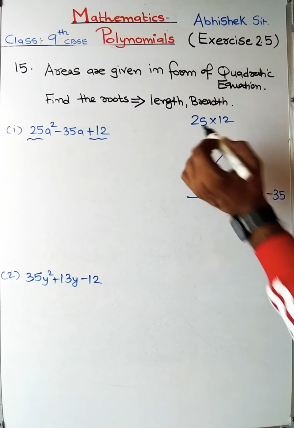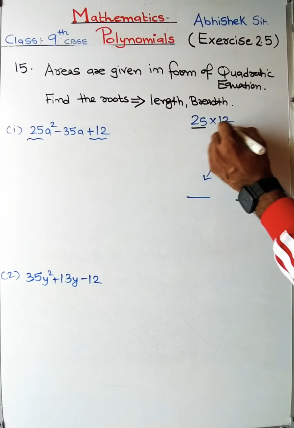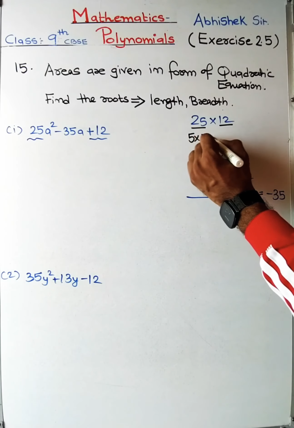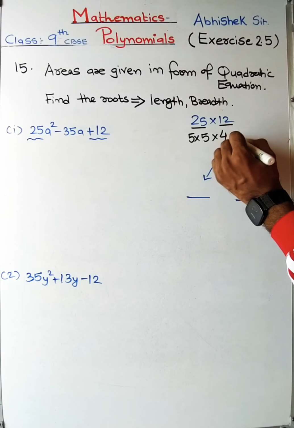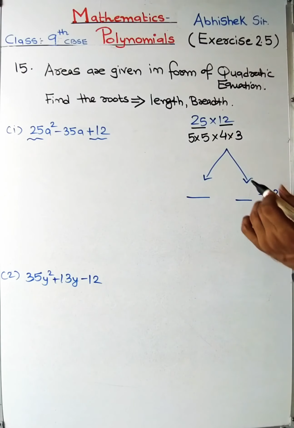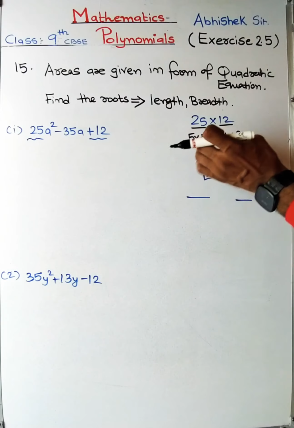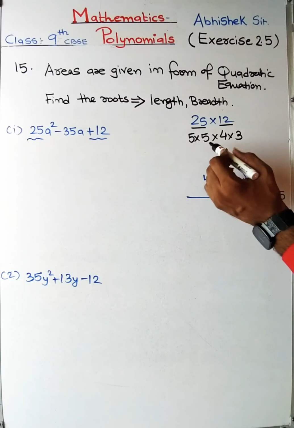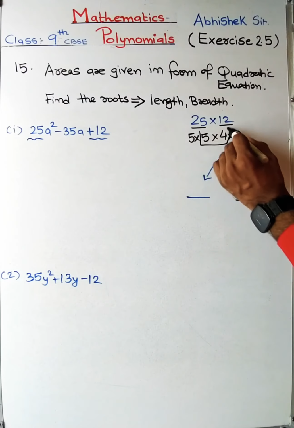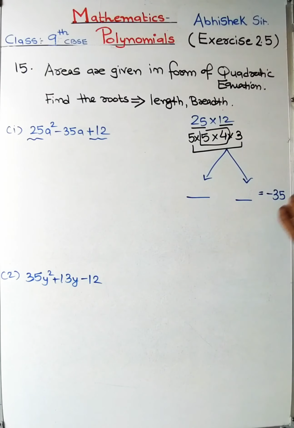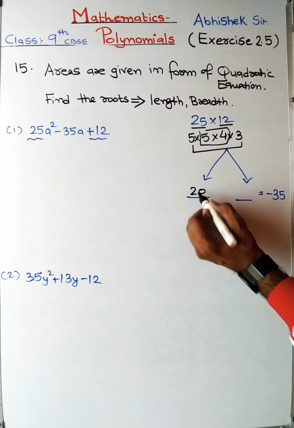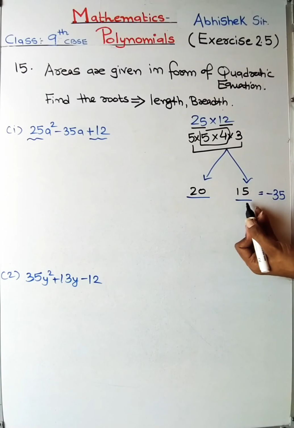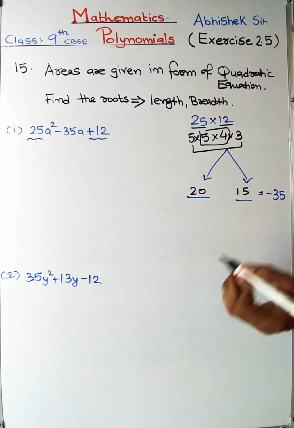Now if you multiply these numbers and then find out the factors, it will be a lengthy process. So I am telling you a trick: you just take out the factors of these. So 25 is 5 into 5 and 12 is 4 into 3. Now if from these four numbers we can have a combination of two numbers, then we will get the answer. So let us take 5 4s and then 5 3s. 5 4s is 20 and 5 3s is 15. So if you add 20 and 15, it will be 35, but we want minus 35.